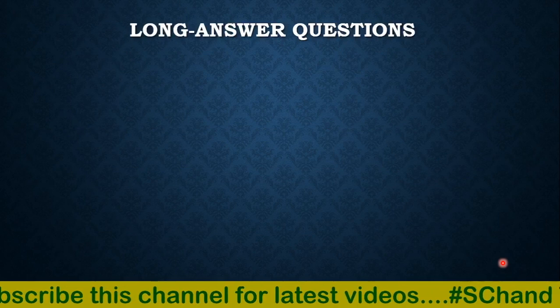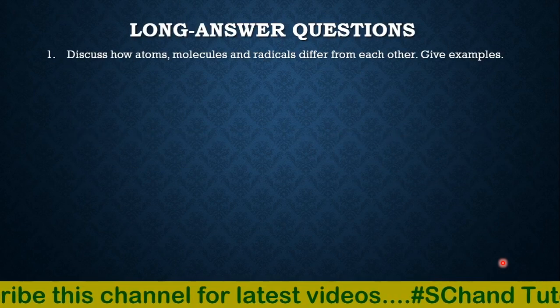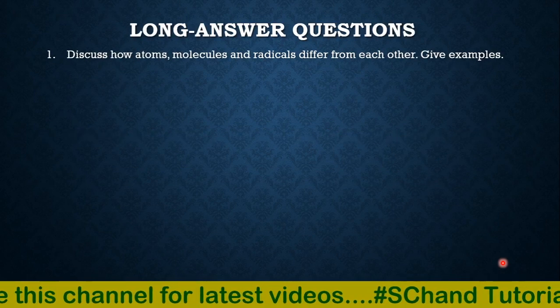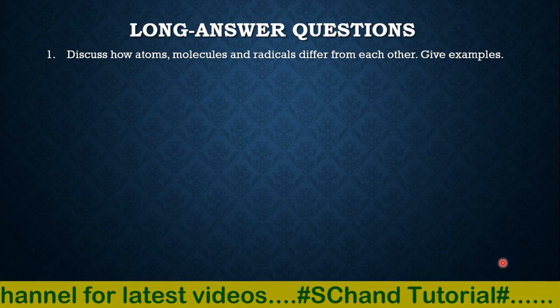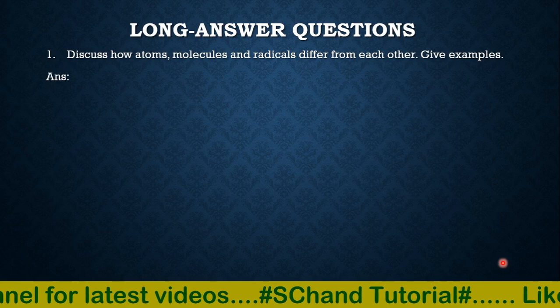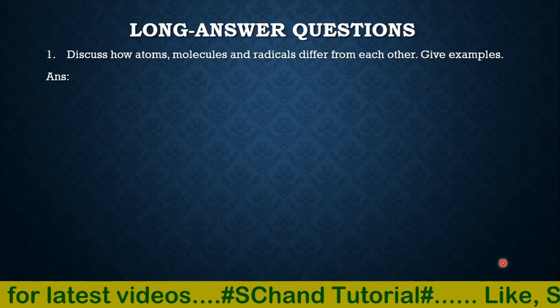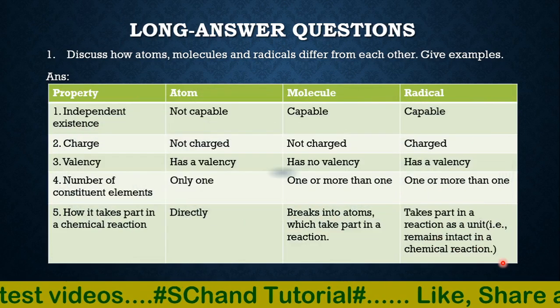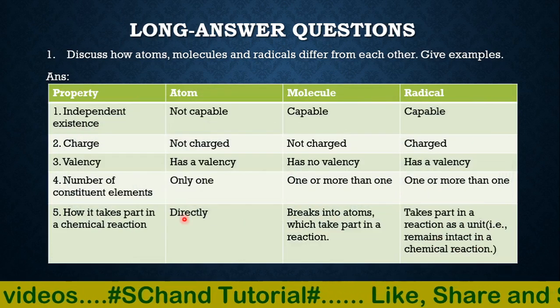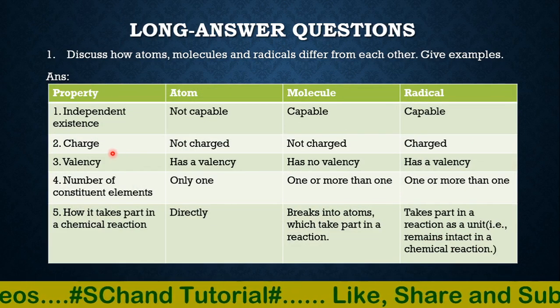Then we have the long answers. Very first, discuss how atoms, molecules and radicals are different from each other. Give examples. So atoms, molecules and radicals, as we have discussed already in the chapter, how they are different from each other. For the properties,